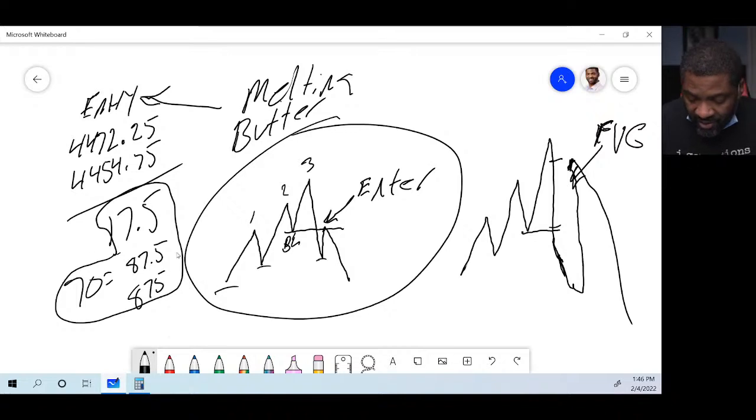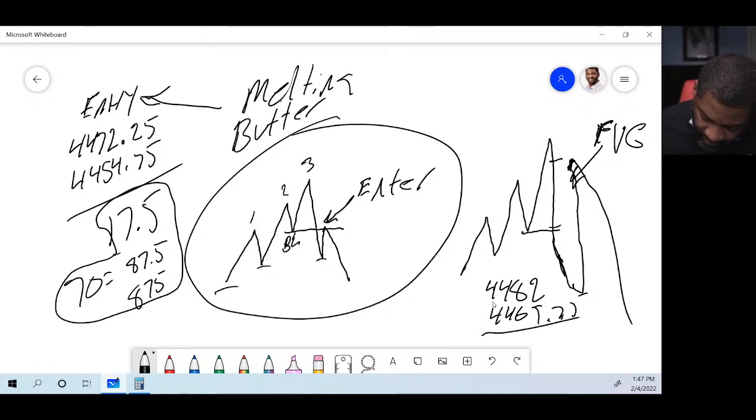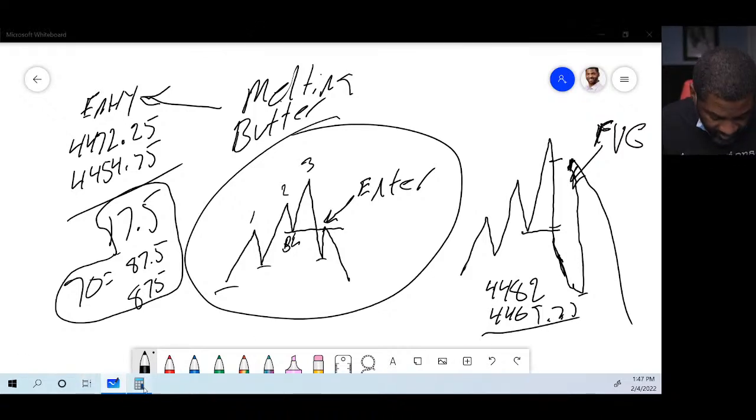And then for the other trade, my entry was, what's this line? 44.82. This trade over here, I'm just calling it the fair value gap. I don't have a name for it. 44.82, right, and my exit, it wasn't that far on this one here. My exit was right there at 44.69.25. Right, and let me see what that is.